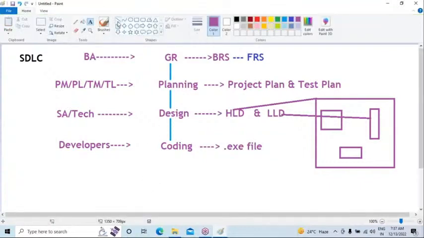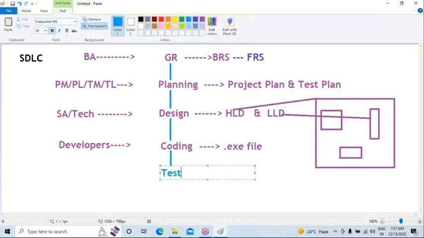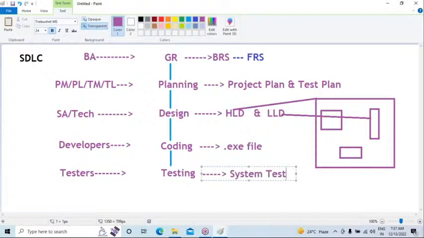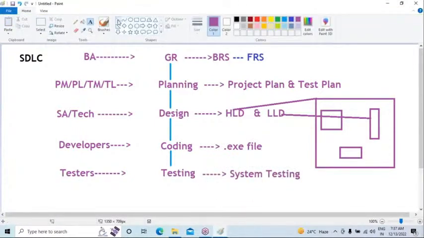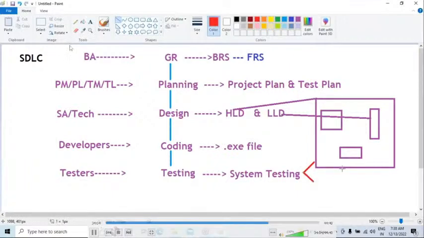Next, once the application is developed, now the testing comes into the picture. We have to test whether the developed application is meeting all the customer requirements or not. So who are the people involved here? The testers are involved, and now they need to perform the complete testing. So here we will go for system testing or application testing. In system testing or application testing, what exactly are we going to test? The functional and non-functional requirements are properly